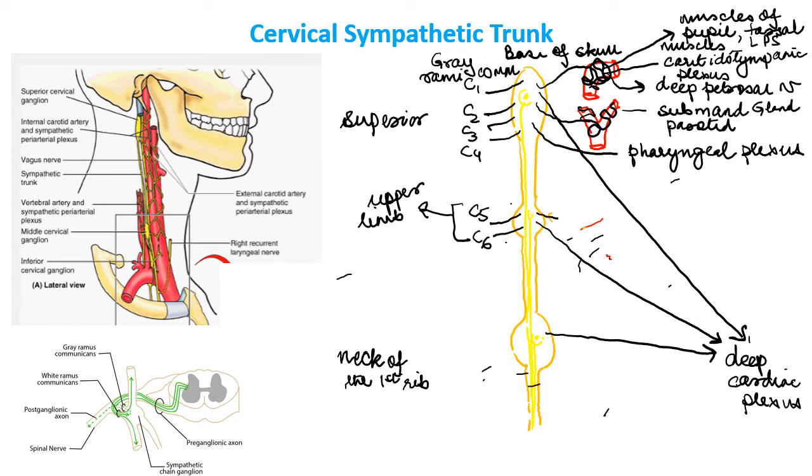And it gives rise to branches, sympathetic outflow to the thyroid gland. As I told you, it's at your C6. So there the inferior thyroid artery arises and it goes along the branches of the inferior thyroid artery and goes to the thyroid. The sympathetic flow to the thyroid gland comes from here. Now it does one more thing.